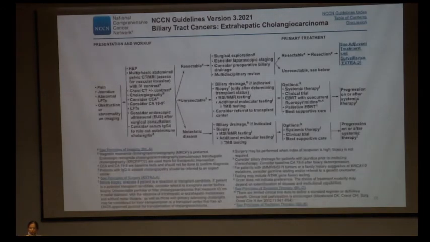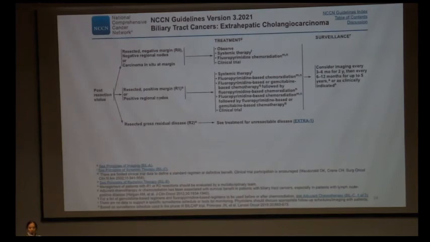Here I would like to stress that biliary drainage is not mandatory before surgery, but it is to be considered before chemotherapy or radiotherapy, in patients going on to medical treatment. Post-resection, R0 patients can go for observation, systemic therapy, or chemoradiation therapy as adjuvant treatment. If patients are R1 or have positive nodes, then systemic therapy, chemoradiation, or a combination of these two. Our two patients will be treated as unresectable disease, with surveillance as for intrahepatic cholangiocarcinoma.